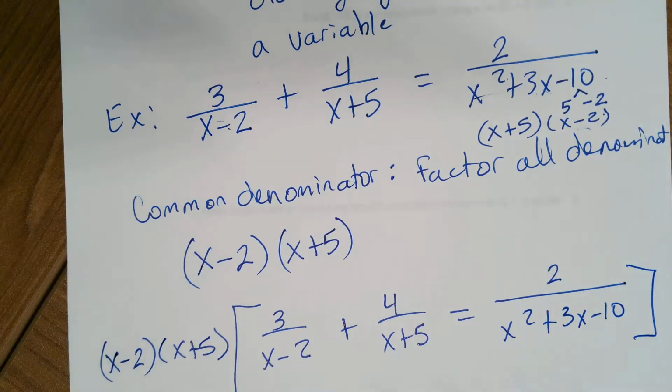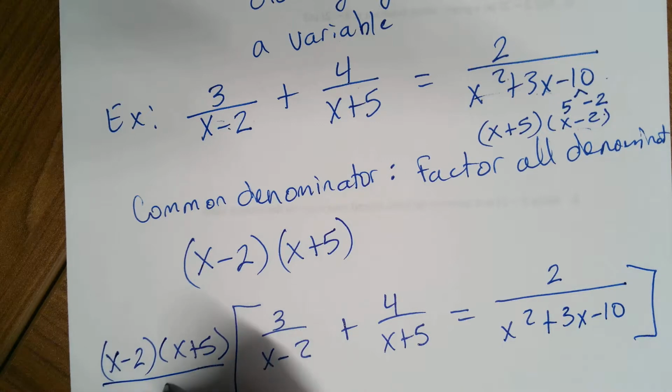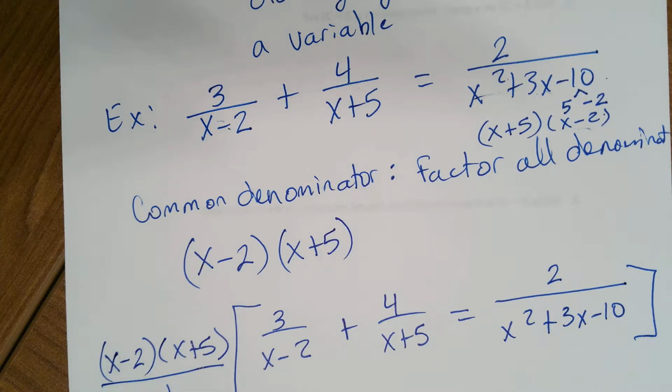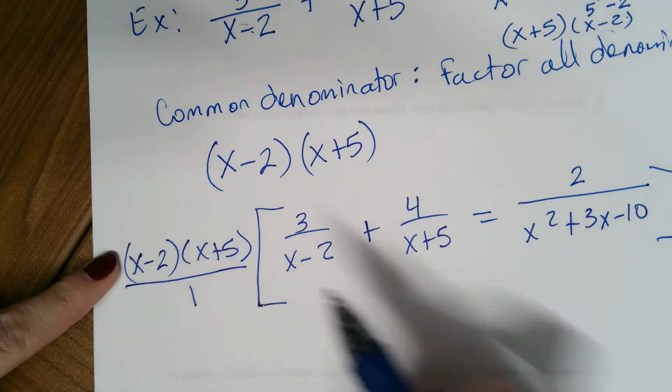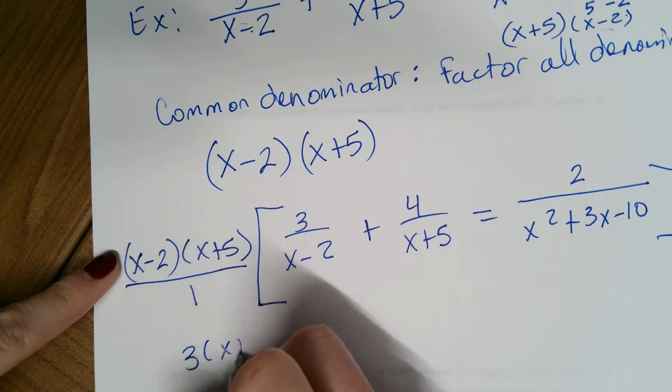And so we're going to distribute, being careful to see what cancels out. When we're multiplying fractions, if you have a common value in the top of the fraction and in the bottom of the fraction, then they cancel out. So when I multiply my common denominator by the first term, my x minus 2's cancel out, leaving me with just 3 times x plus 5,